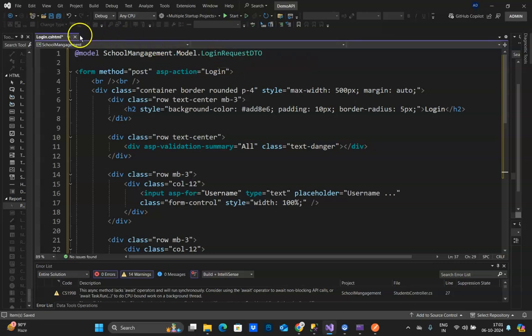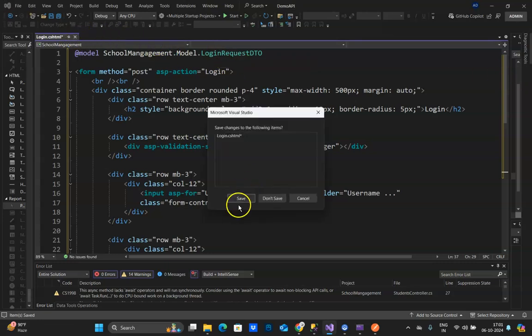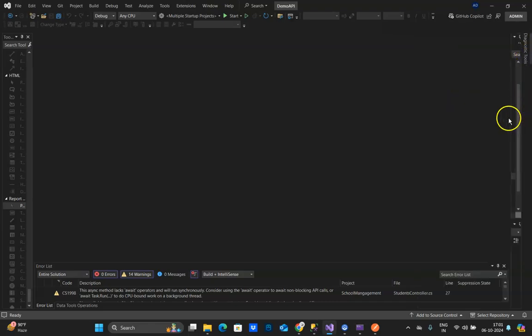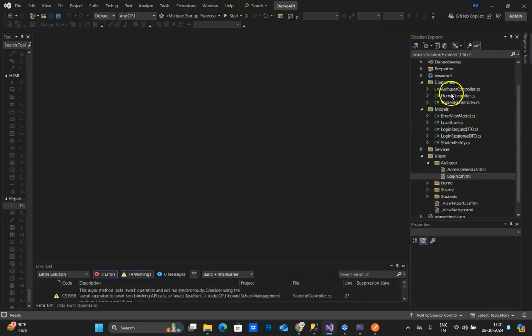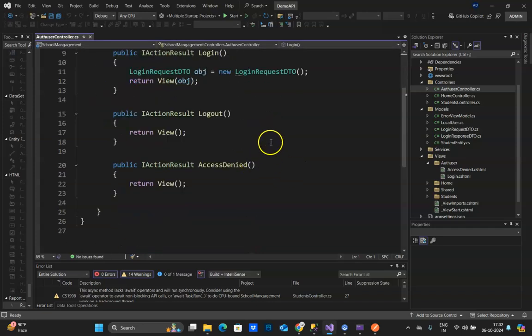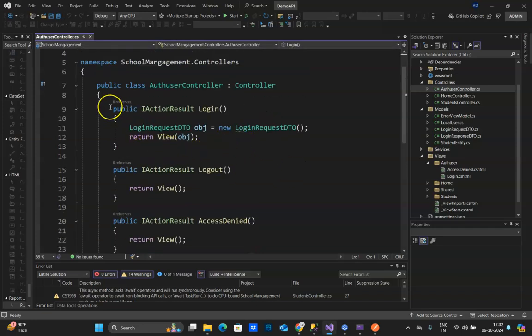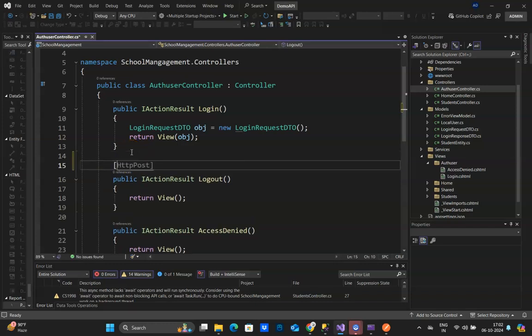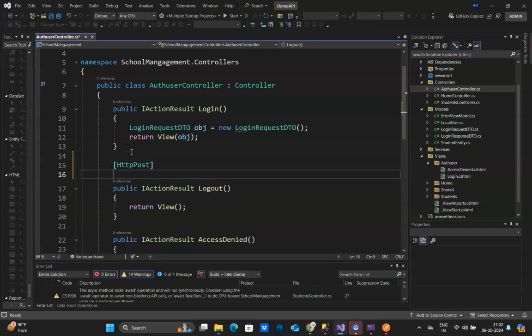So let's go ahead and create the post method as well. Just add an entry over here. You go to the auth user, and here we are going to add one more post method called login. Once you submit the username and password, this will be an HTTP post. We'll add validate